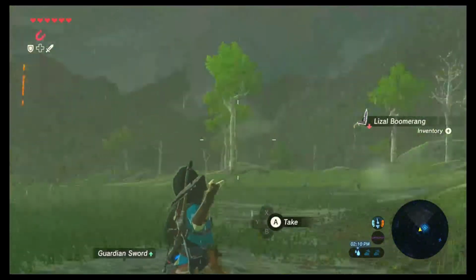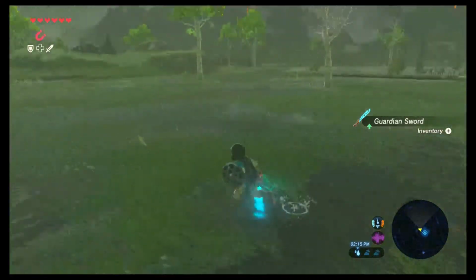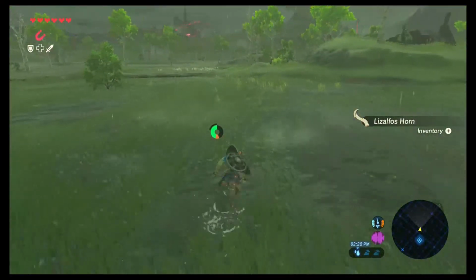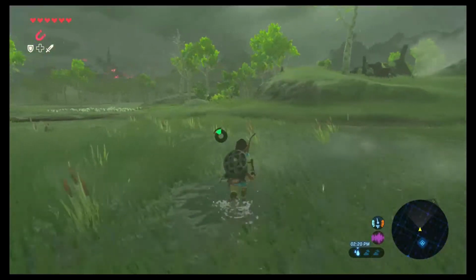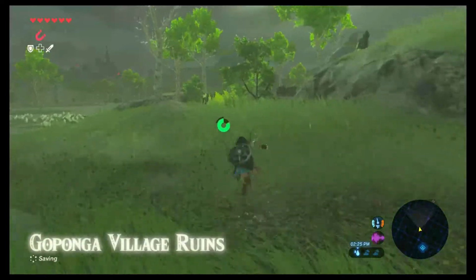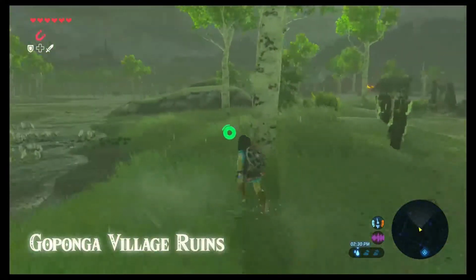But one thing you may know is if I throw it, it's going to rotate and come back to me, and I'll be able to catch it if I wanted to. But since the weapon is so weak itself, we're going to just leave it be for now. Alright, so the next shrine is going to be back this way, and I guess if you want to know, this is the Gopanga village